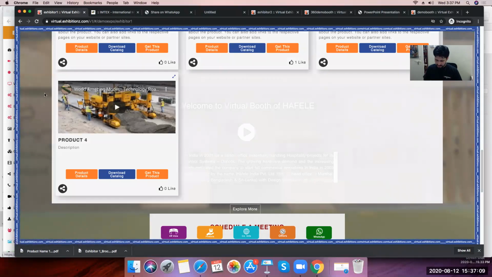I'll quickly show you how it works. Just see if you have received an email. Here I receive an email with the details of the visitor: that so and so visitor is right now checking out your booth, with his name, number, and email ID.